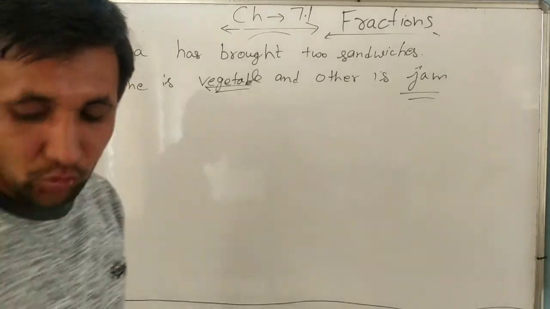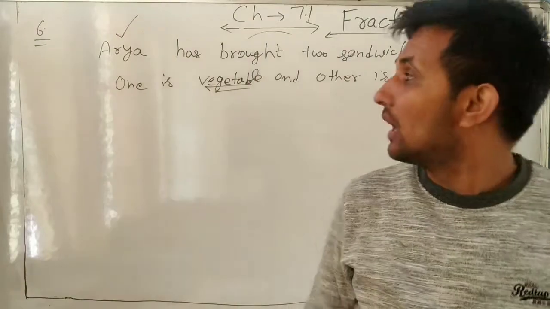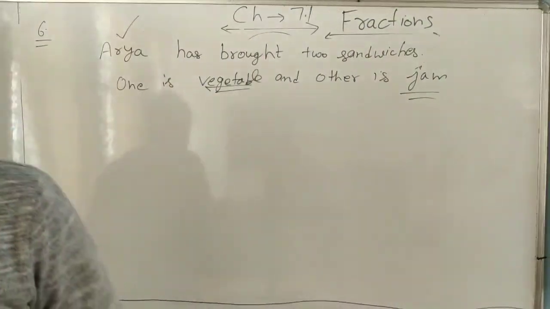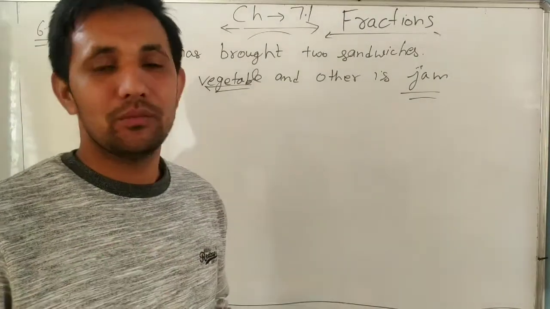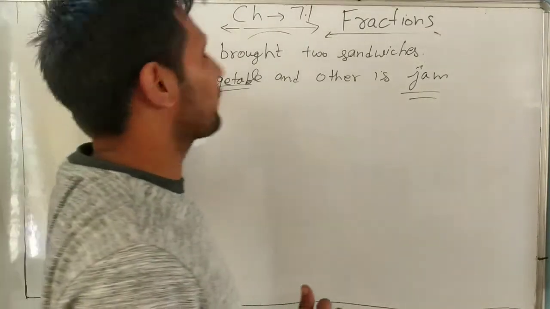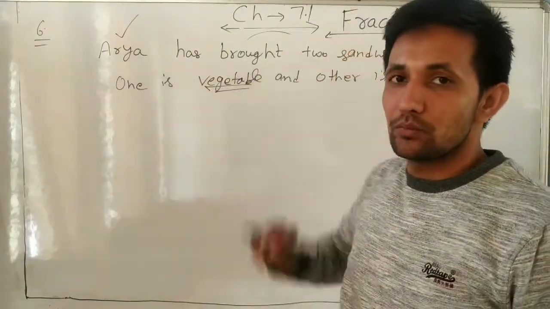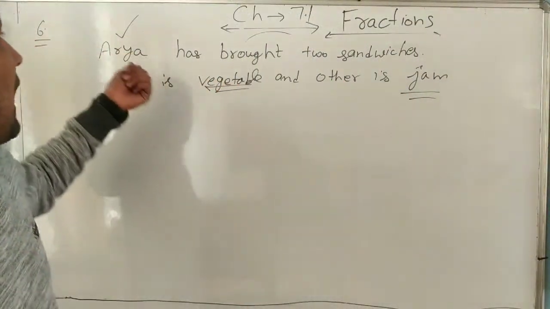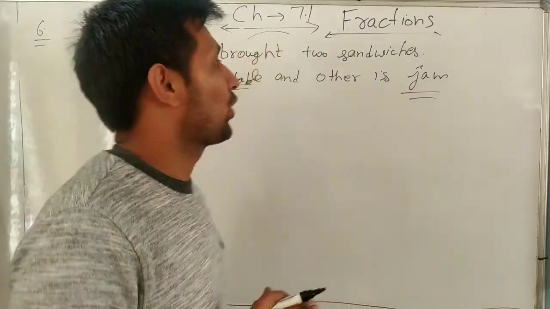But the other two boys, of the three boys Arya, Abhimanyu and Vivek, Arya has two sandwiches, but Vivek and Abhimanyu forgot to bring their lunch. So one friend out of three brought lunch, but the other two friends forgot. So Arya agreed, I will share my lunch with everyone. So how many sandwiches?